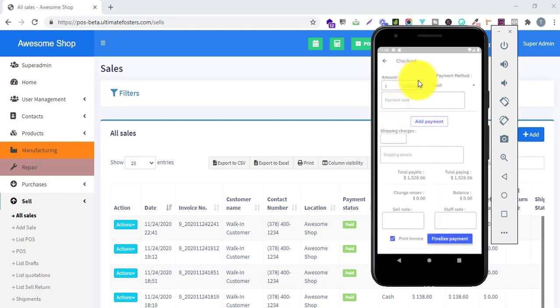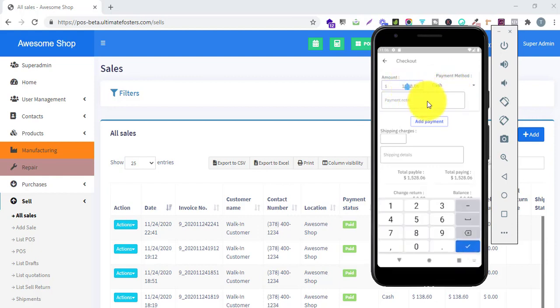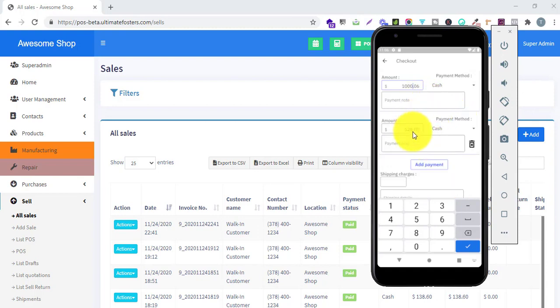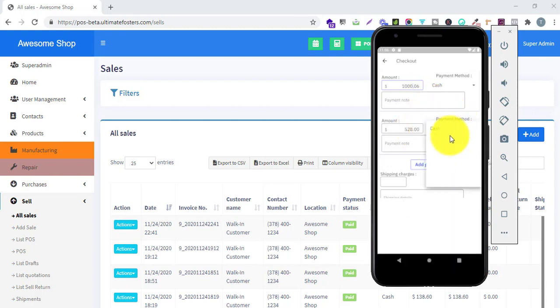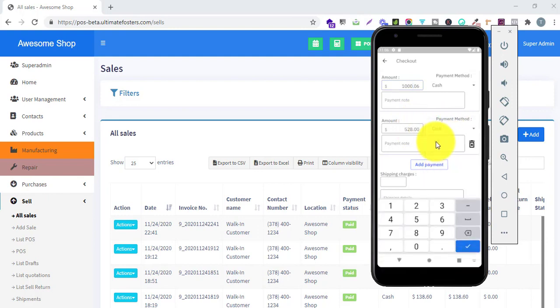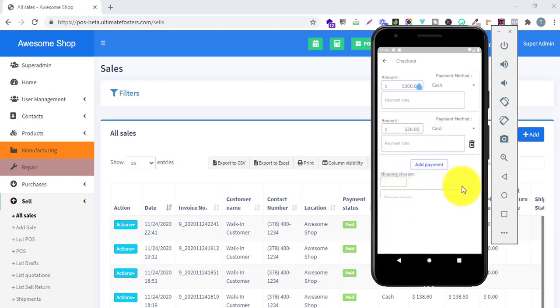So here in the pay and checkout, it is showing me 1528 with the cash. Let me just make it $1,000 with the cash, and I will click on add payment. So here it is showing me 528 with another method, with the card. Also, I can add individual payment notes here, and you can enter the shipping charges, shipping details,